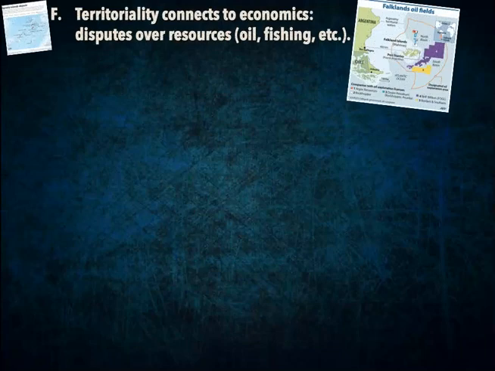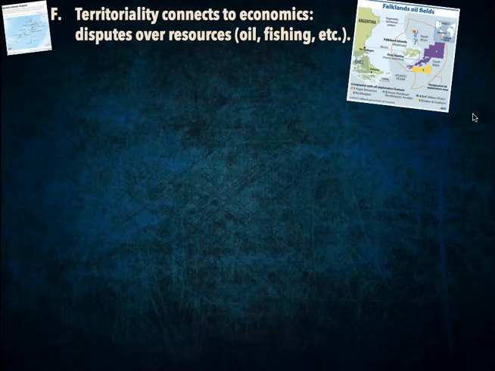All right. We also can see how territoriality has some connections to economics. And the example that I give you is going back to the 1980s when there was a war fought between England and Argentina over some islands, the Falkland Islands off the coast of Argentina. The British had claimed them going back to about the 18th century, 19th century. I'd have to look it up, but they had an old claim on it. But Argentina also claimed it as theirs. And possession of the islands did mean possession of